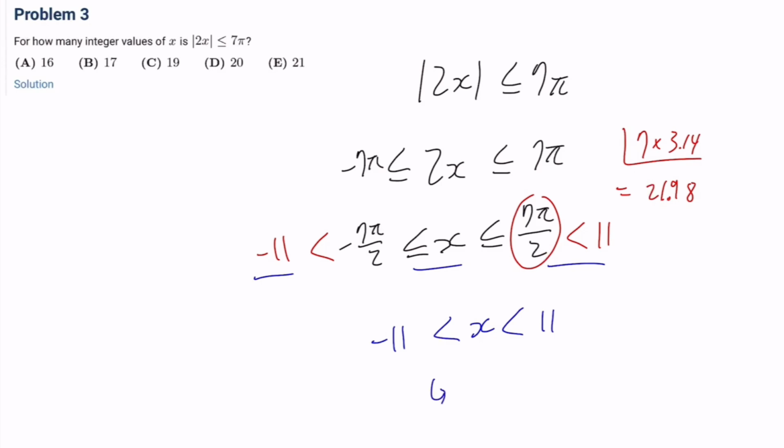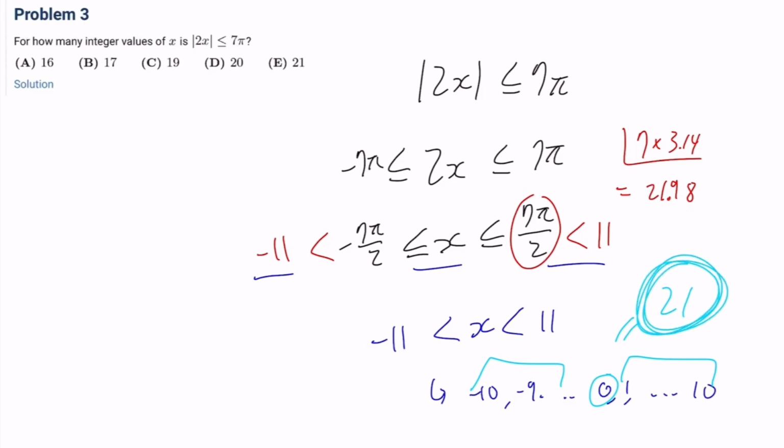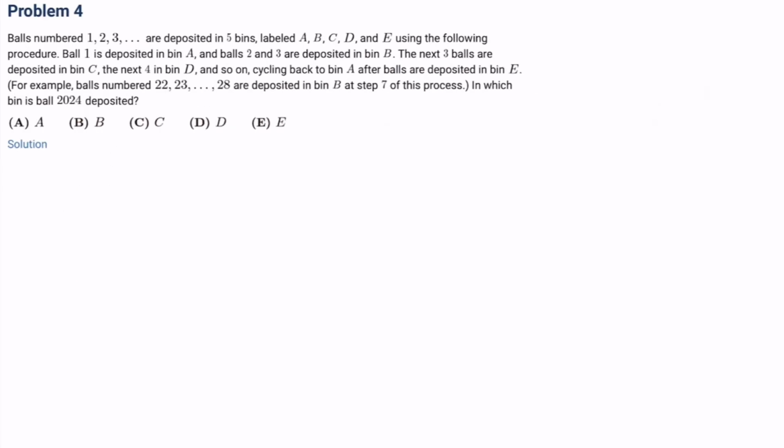So this is from minus 10, minus 9, all the way to 0, 1, all the way to 10. So this is 10 numbers plus 10 numbers plus 0, which is 21. So 21 is our answer. It's E. Number 4, balls numbered 1, 2, 3, and so on